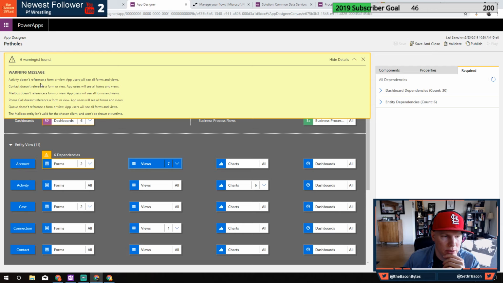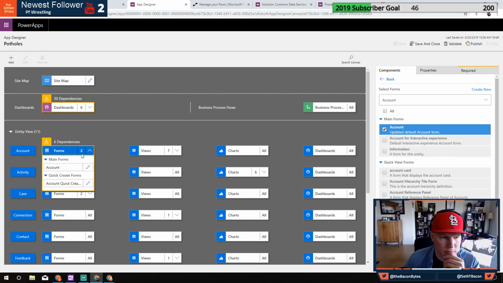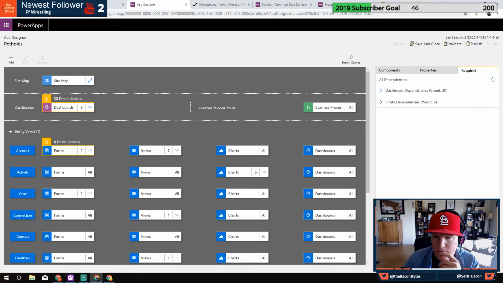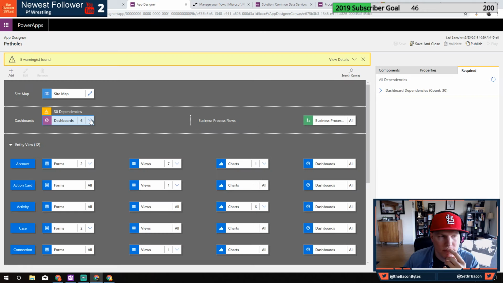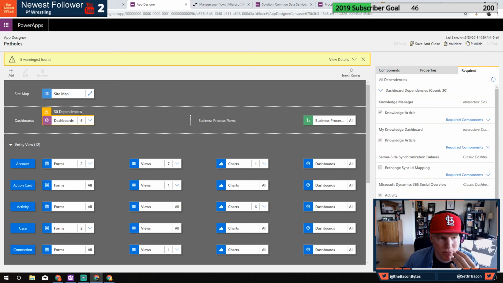Yeah, this was complaining before that we don't have any... This is kind of nice. It's telling you what you're missing. And so I can go ahead and add those things directly in here. I can review what it is. So it's missing a chart. That's part of it. And so we can do that. The dashboard's missing a whole bunch of components. Why do we have so many dashboards?